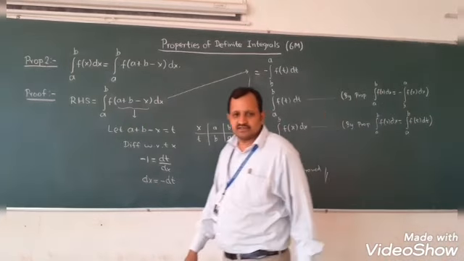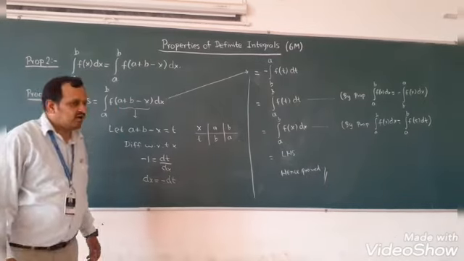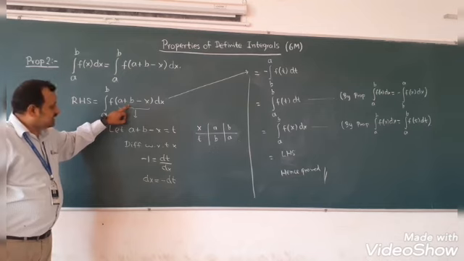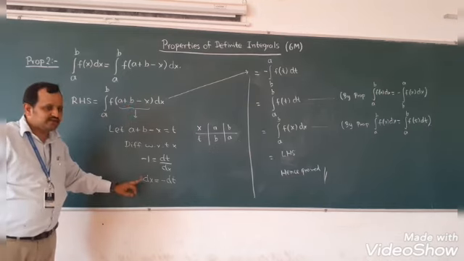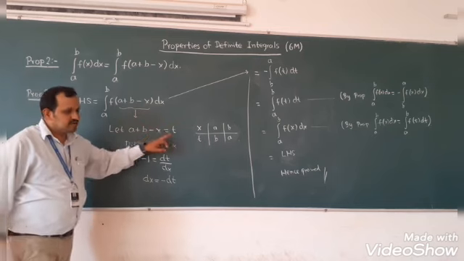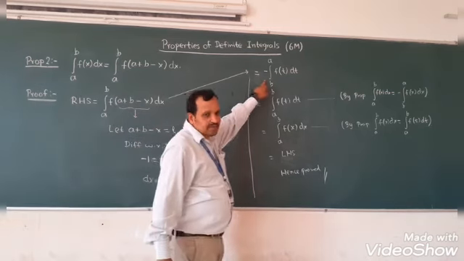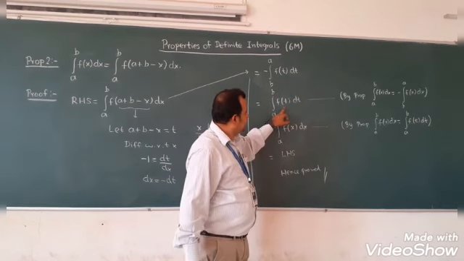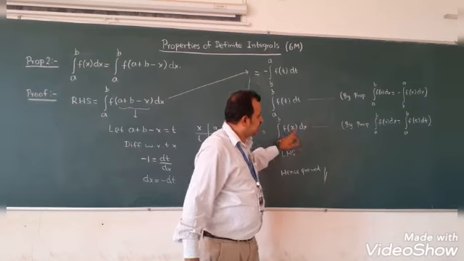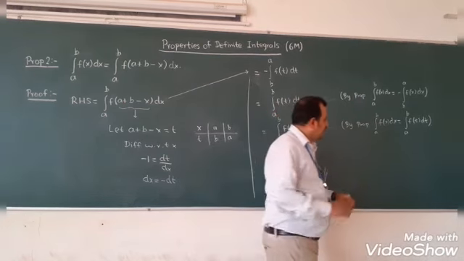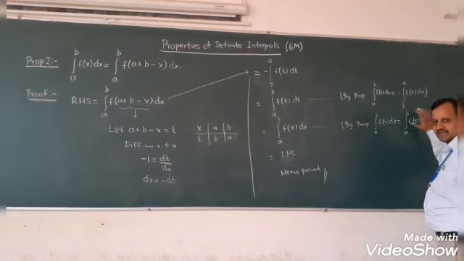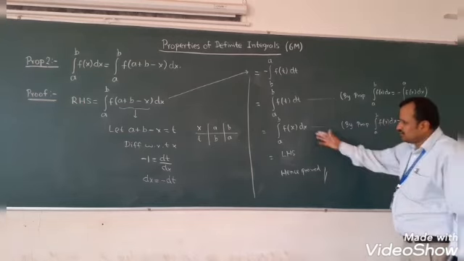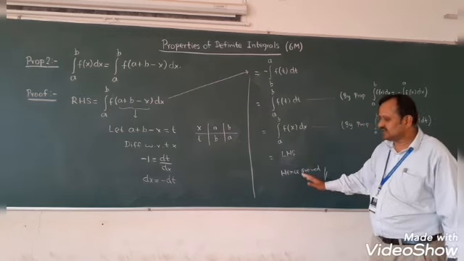The proof of this and the first proof are almost the same. So I have taken the right hand side. Let a plus b minus x equal to t. Differentiate, you will get this. The moment you do substitution, limits will get changed. To eliminate minus, limits will get changed by using that property. In place of t, we can write x by using the property. In the exam, you have to mention the property in full, not property 1, property 2. I hope this is clear, which is nothing but the left hand side. Here we can say hence proved.